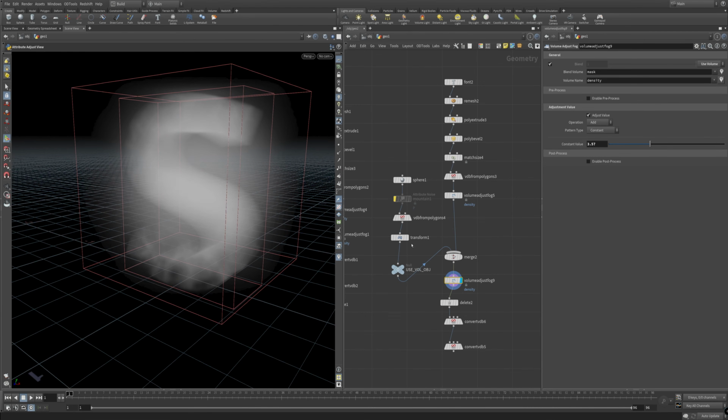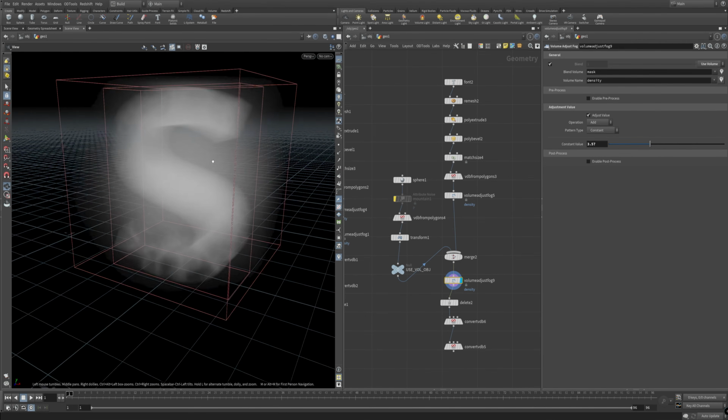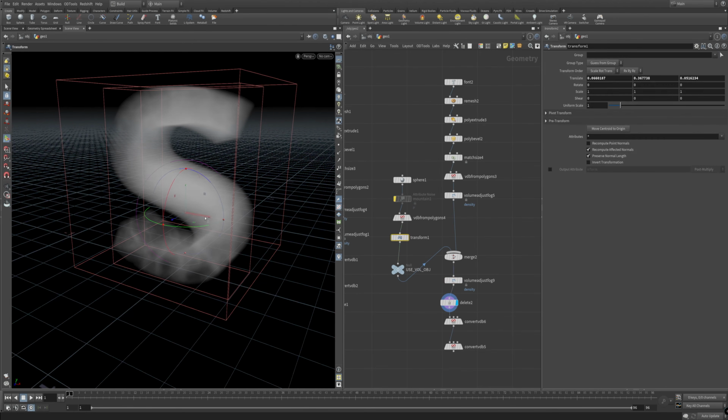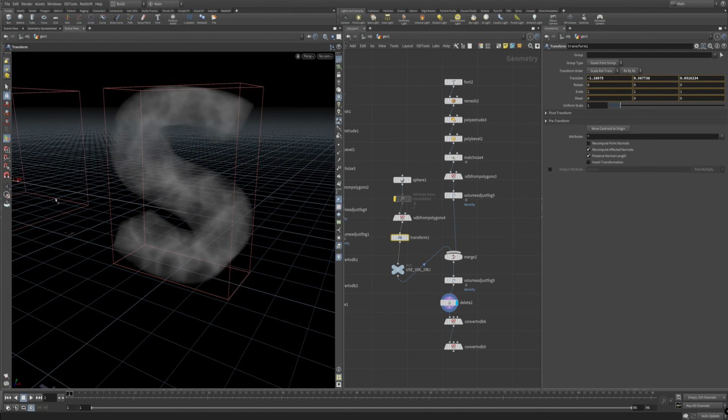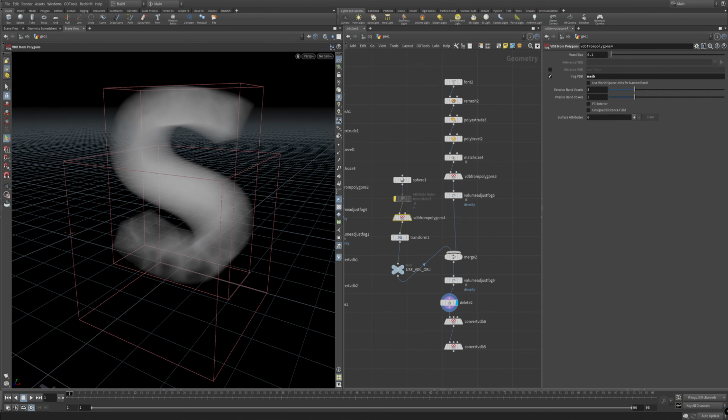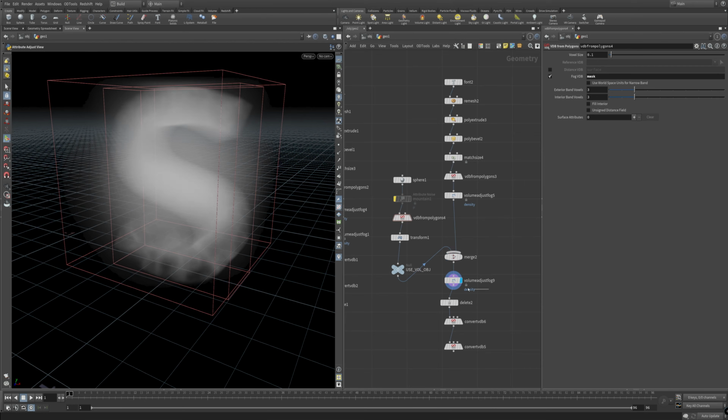You can see that anywhere this volume is, it is being multiplied in there. So if I move this around, we get the masking based on that. So the mask is coming from here. I've got voxel size relatively high, like there's no real detail in here. Calling this density, or changing this from density to mask, and then just transforming it around and merging it in here. So this is where things get a little bit weird.